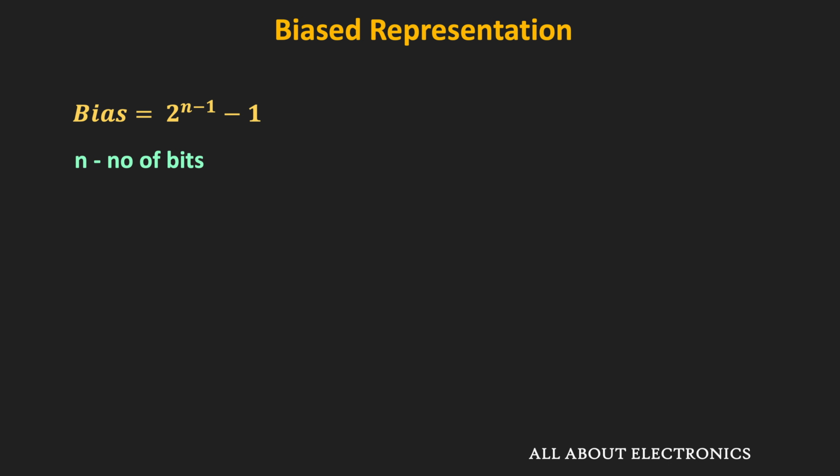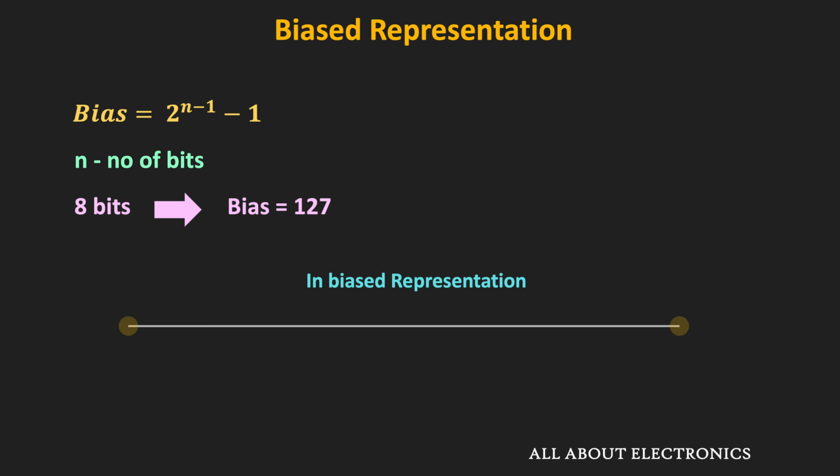For example, for the 8 bits, if you calculate the value of the bias, then that will come out as 127. Now in this 8-bit bias representation, the bias is added in such a way that the negative number will get shifted towards the positive side. And for the 8 bits, if we see the range of the exponent, then it will be from 0 to